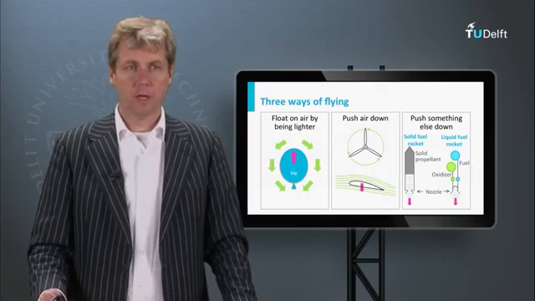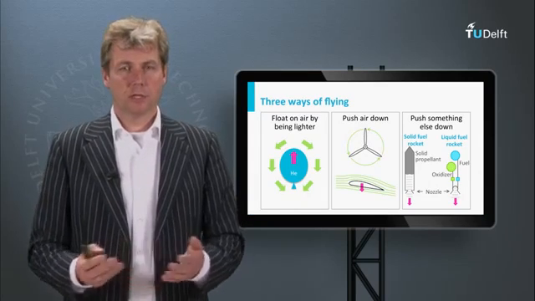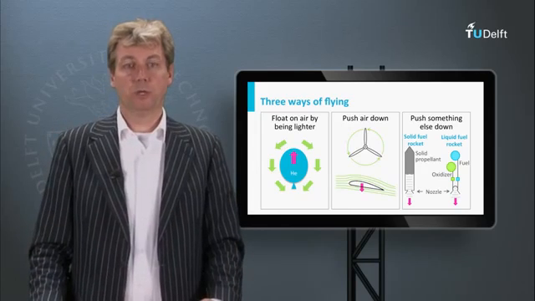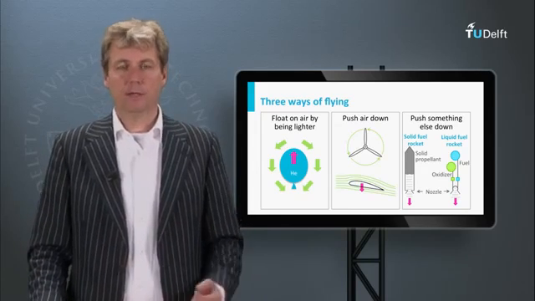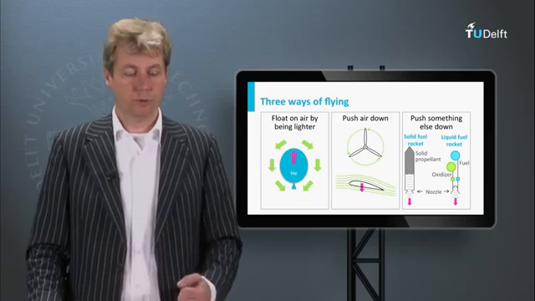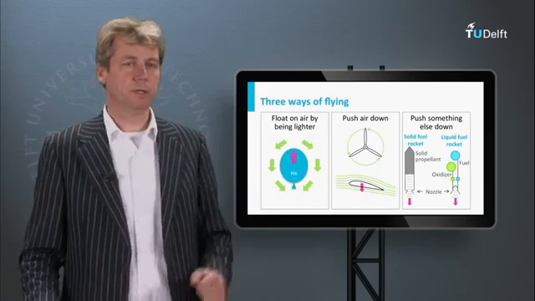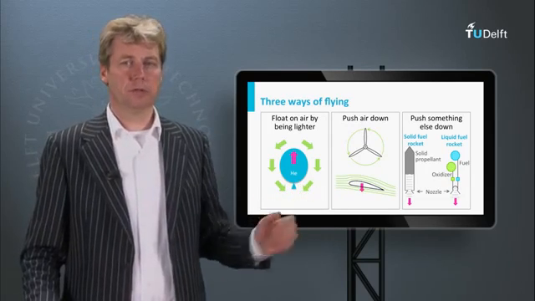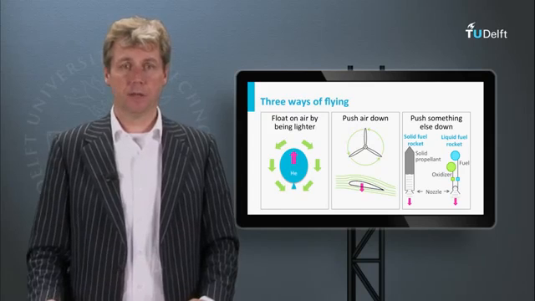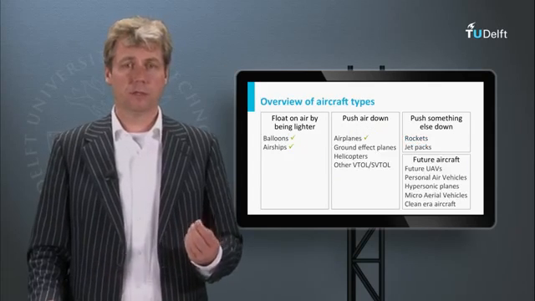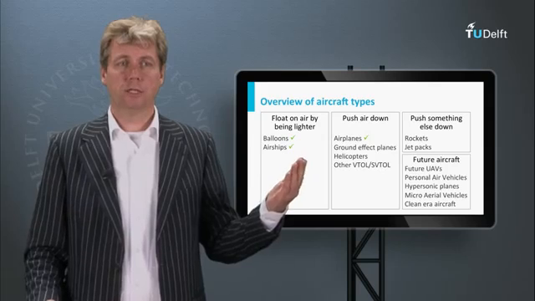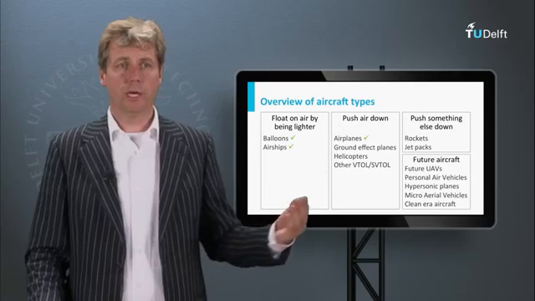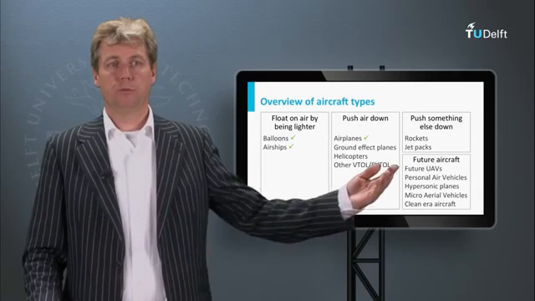What are they? Well, we have discussed in one of the first lectures the 3 principles in which you can fly. Being lighter than air, pushing air downwards, or pushing something else downwards, as we have discussed. And we've seen mostly the first 2 categories discussed so far, but only by looking at the balloons, airships, and the fixed wing airplanes. But there are many other ways to fly, to push air down, push something else down,